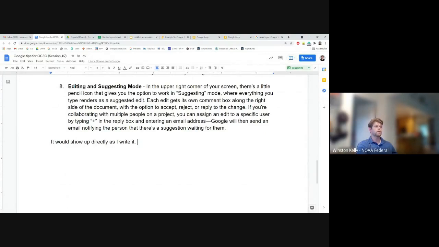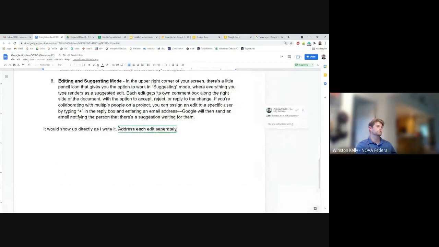Another thing you can do in editing and suggesting mode is address each edit separately. So we change our view here so you can see it. You can see each new suggestion comes with its own comment box. So let's say that this was a new suggestion that came from a coworker, and I actually wanted a little bit of a follow-up on it. I could tag them in it and say,